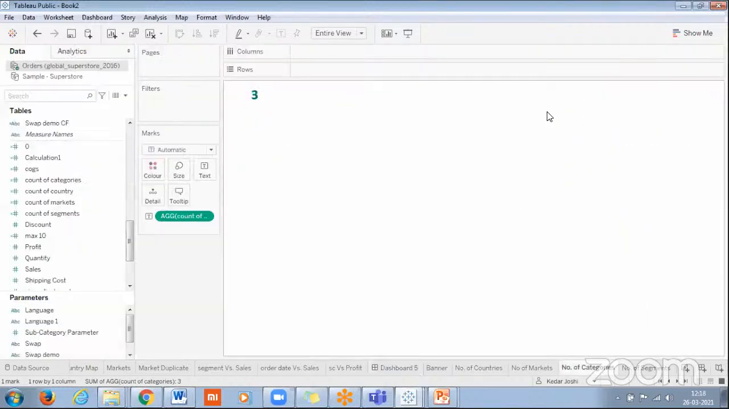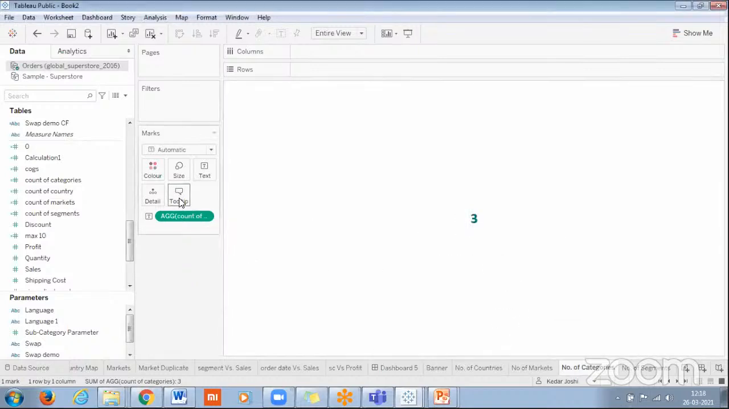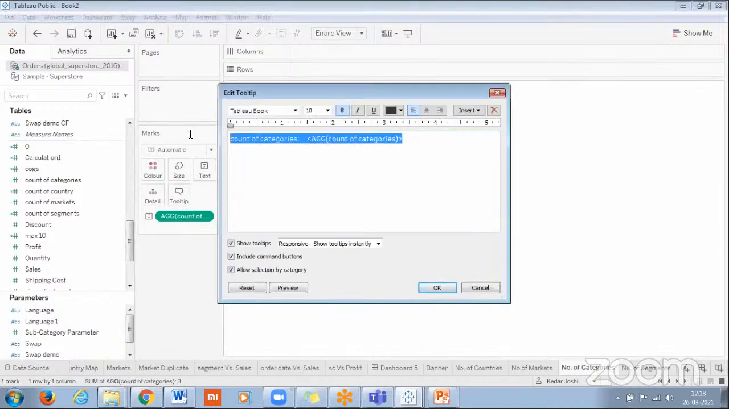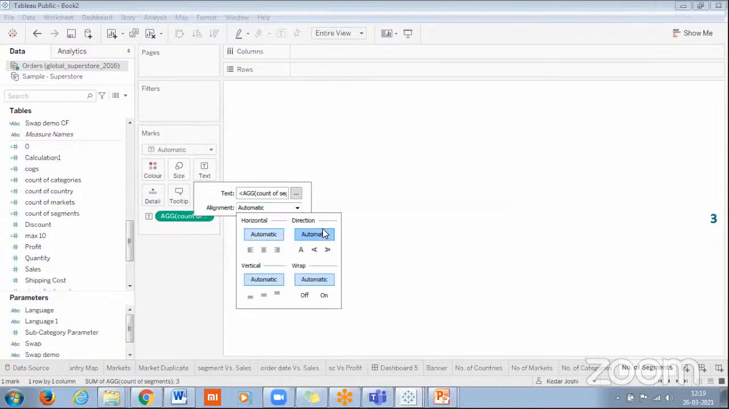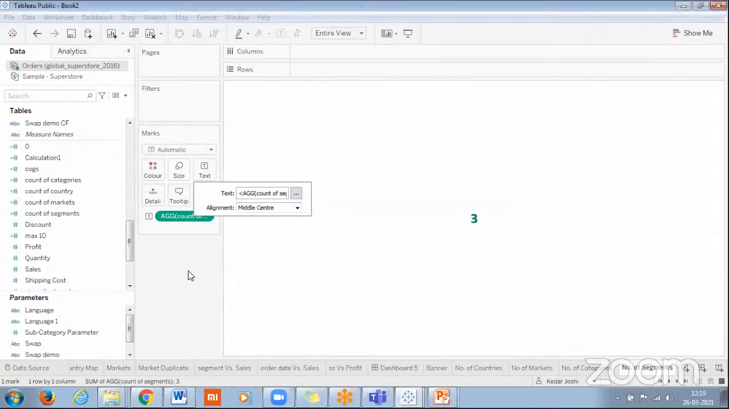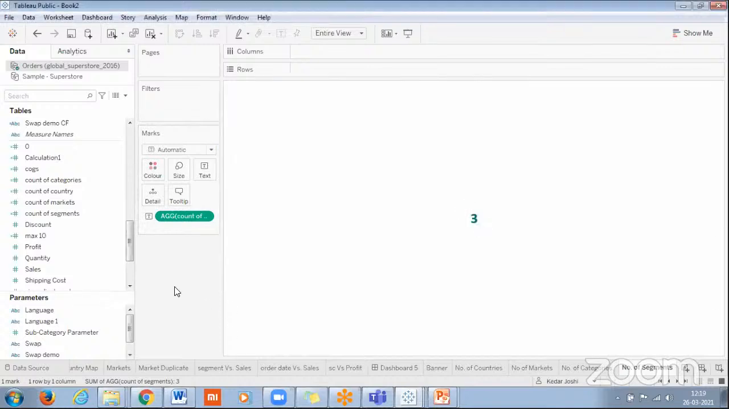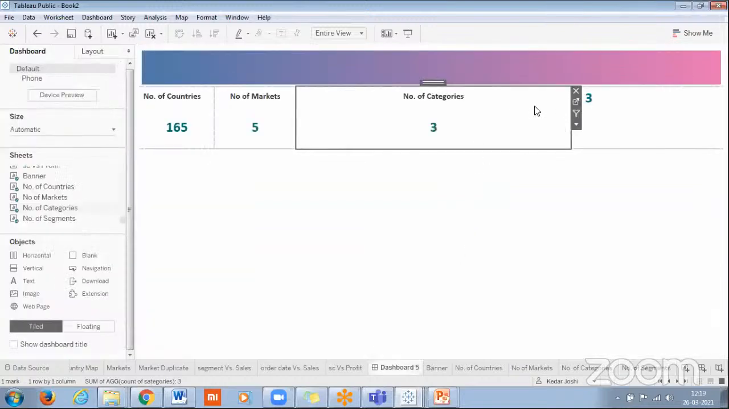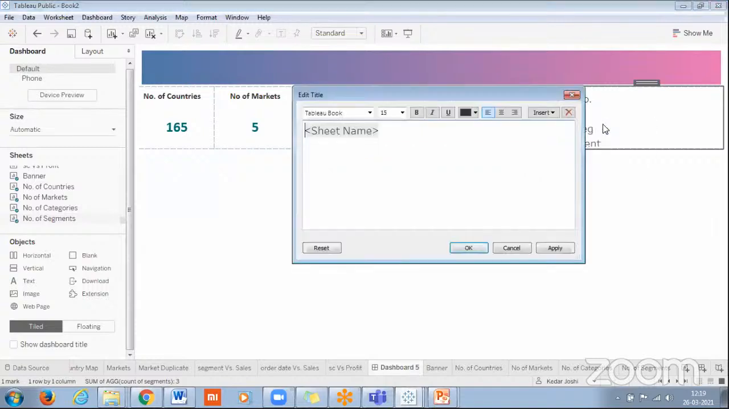Entire view, go to the sheet, and it should be entire view. Adjust this one. This is okay. Get rid of this tooltip. We'll do this for segments also. Segments, but we need to extract this, this